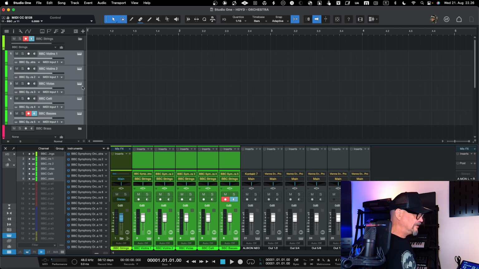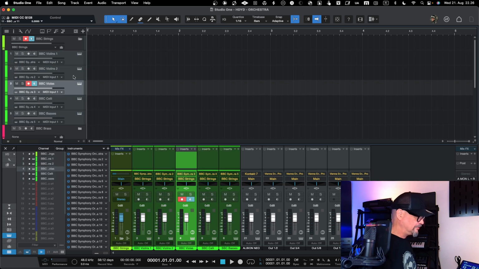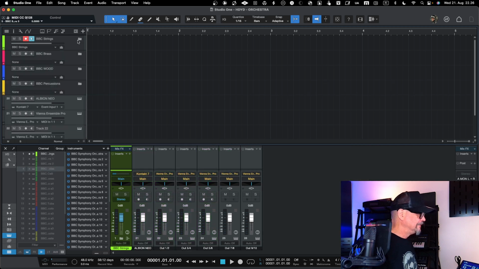So then of course if I'm playing a single instrument, it gets routed to the bus, and from bus to the main. So that's again like if you want to do a summing and you want to do some processing for all your strings, then this is the way to do it in Studio One. Then